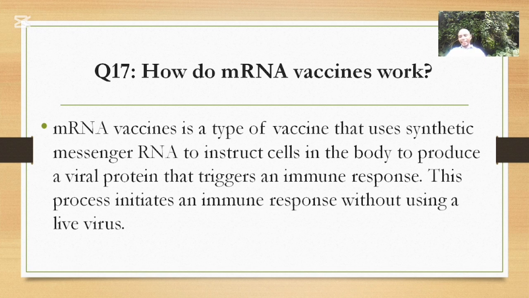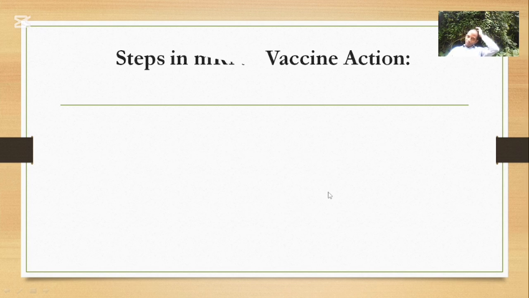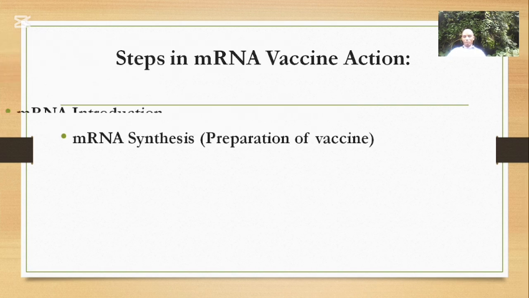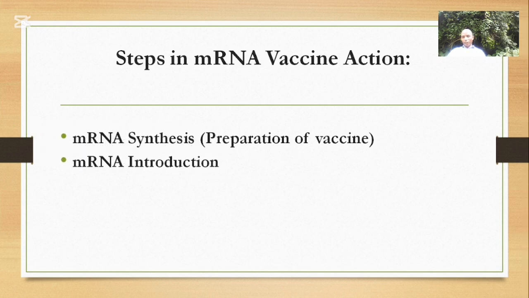So when the body cells are instructed to produce that protein, this protein will be recognized, then induce the immune response. Then those proteins will produce memory cells, which will fight when that pathogen is exposed to